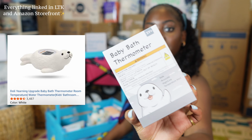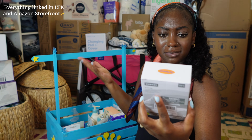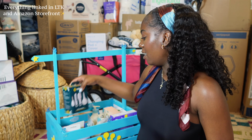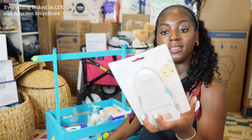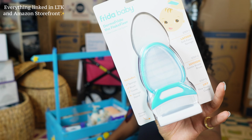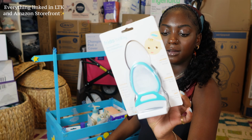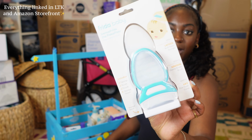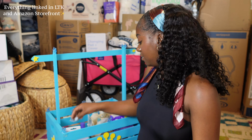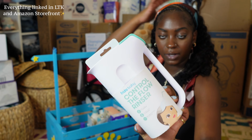And then this is a baby bath thermometer, so that way you can measure the temperature or read the temperature in the bathtub so it's not too hot. Another grooming kit. And then my cousin highly recommended that I get this Frida Baby Derma Frida the Flake Fixer. She got these, and apparently this is really good for cradle cap, so she bought me this little derma thingy. And then we got this Frida Baby control rinser, and I guess it's for in the bath,